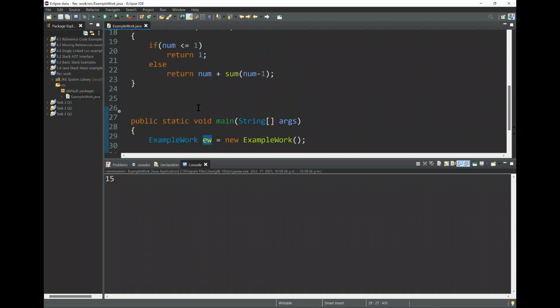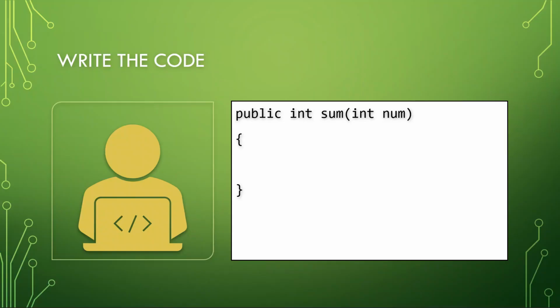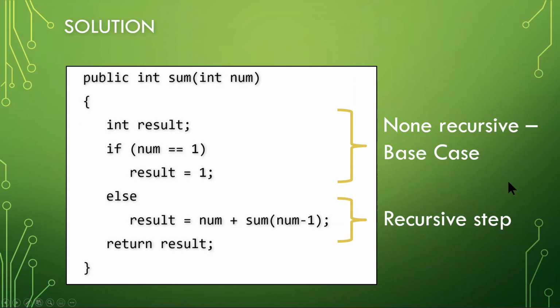And we did get 15. Now, this looks weird here for this case. What we should go back and do to visualize is remember, well, what's going to happen? How can we go about tracing this? So here's another result. In this case, I just used a result variable, and so instead of having multiple returns,